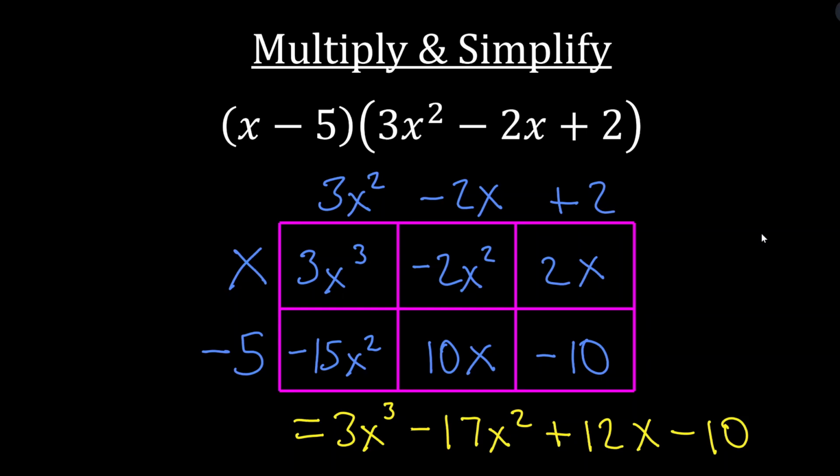And so we're seeing these like terms, and hopefully where this final answer comes from. We have this minus 2 and minus 15. Together, those give us this minus 17. We have 2 and we have 10. Together, that gives us 12. Here we have our biggest term, that makes sense. It's the product of the two biggest powered terms in these factors. So we're seeing some different patterns and relationships that are going to become useful,